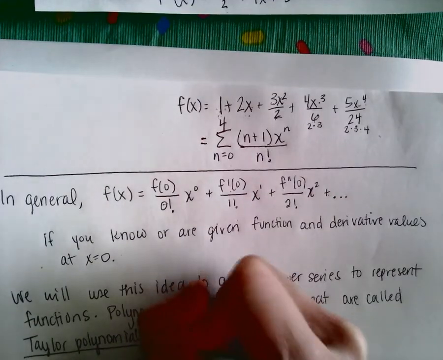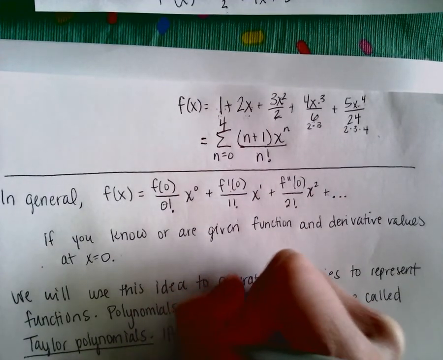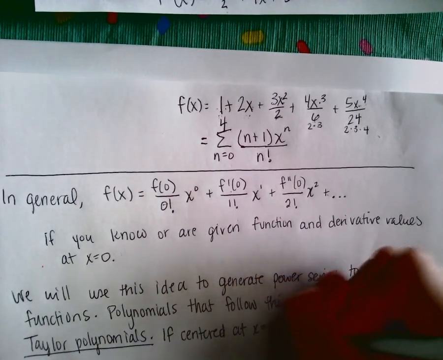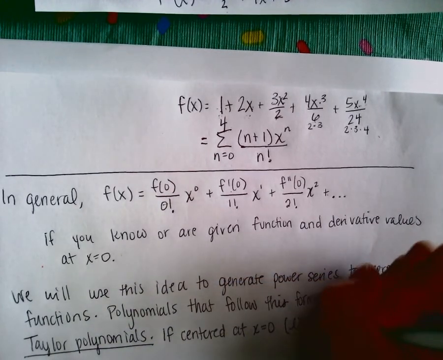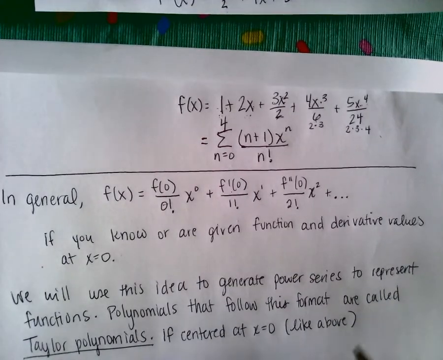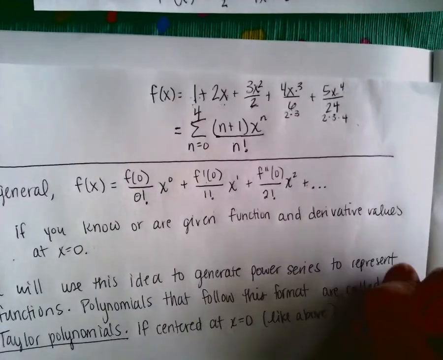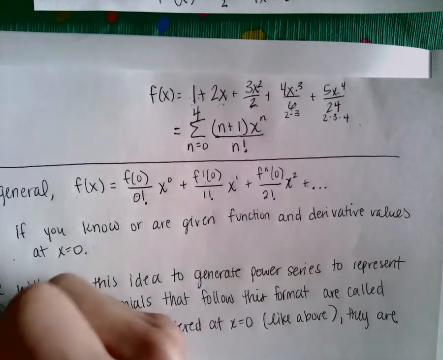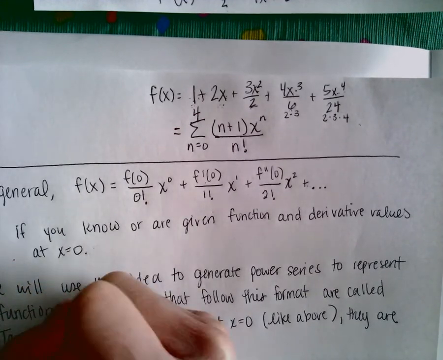If centered at x equals 0, like what we did above, right? Because we found the derivatives and everything at 0. So if centered at x equals 0, then they have a special name, they are called Maclaurin